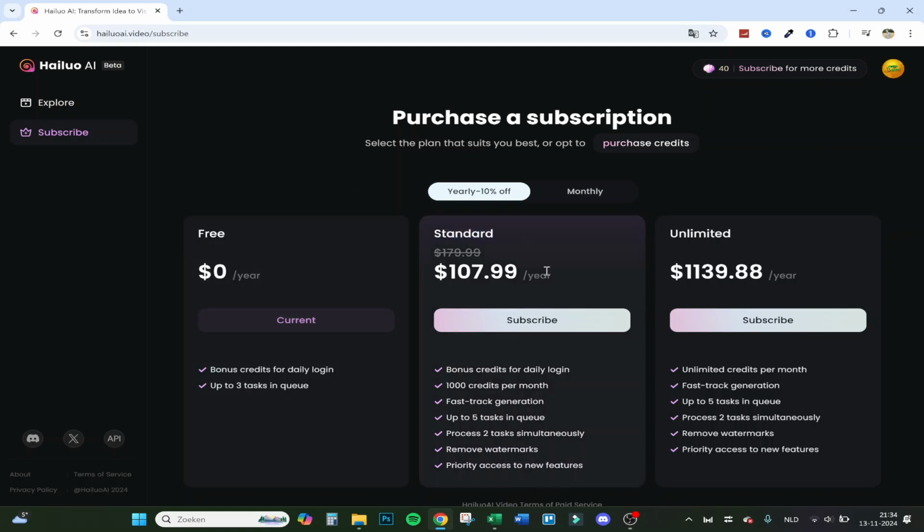If you do standard, it's $107.99 a year. You get bonus credit for daily login, just like with free. You get 1,000 credits per month. Fast track generation. I think this is actually the most benefit upside to it. Up to 5 tasks in queue. Process 2 tasks simultaneously. Remove watermarks and priority access to new features. So I think this is a really great one to go with. Monthly it's